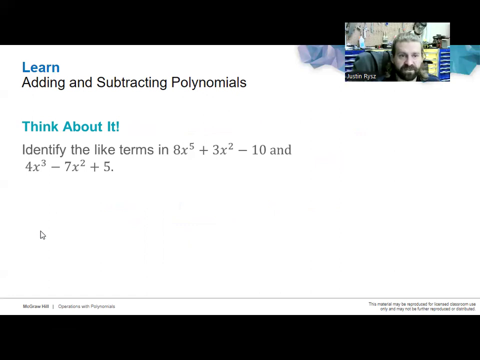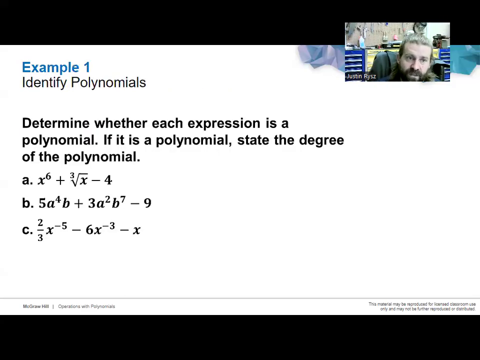We want to combine like terms. The like terms we would have are just the x squareds and the digits. All right, the x to the fifth is different than the x cubed. Even though they're both trinomials, they're at different degrees. All right, so what we're going to do here is determine whether each expression is